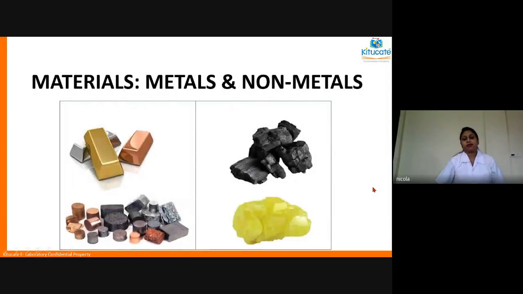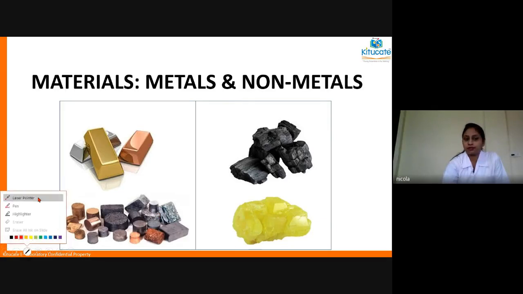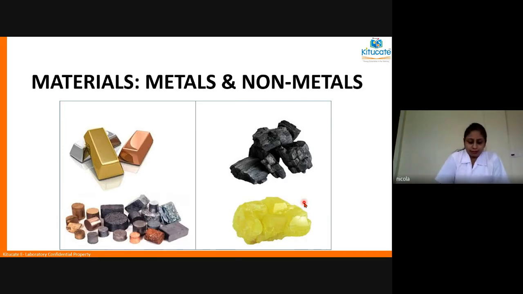Okay, in the last class we had discussed the physical properties of metals and non-metals, right? So you all tell me what are the physical properties of metals that we discussed in the last class. One by one, can tell me. Nishaya, so many properties were discussed in the last class. Can you tell one property?